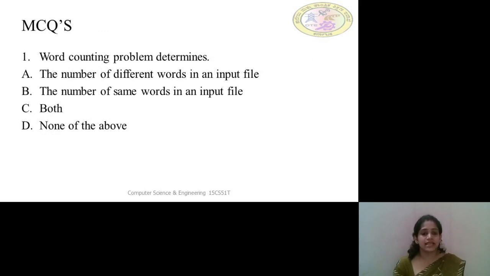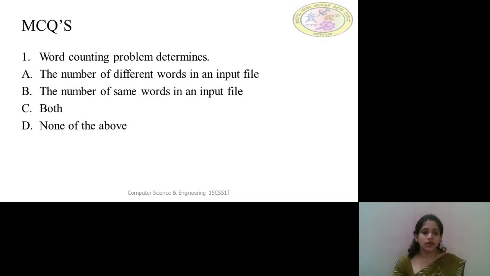This is an example we considered as a DFD of the word counting problem. Depending upon the problems that we take, we can decide how we can factorize the input module, output module and the central transform. Sometimes there will be a need of factorizing all the modules. Sometimes there will be no need of factorizing the modules depending upon the complexity that we have seen. With this idea, we'll discuss a few questions.